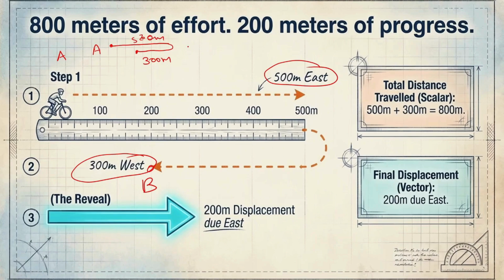Now for the distance, we have to calculate the whole journey of this cyclist. That means 500 meters plus 300 meters, which is 800 meters. Regardless of the direction, you just have to add the quantities. You don't bother about the direction. If you talk about the displacement,